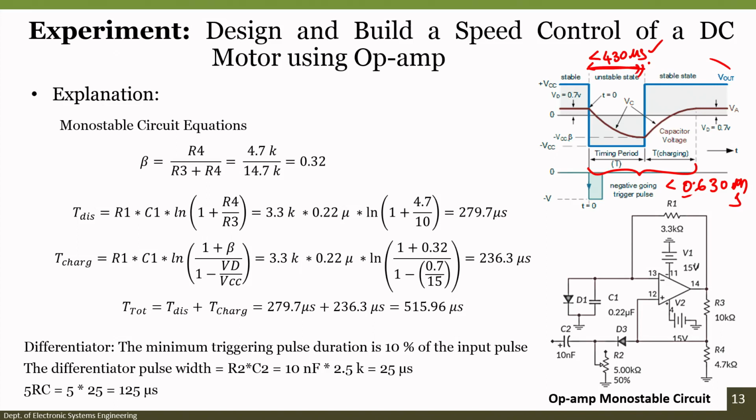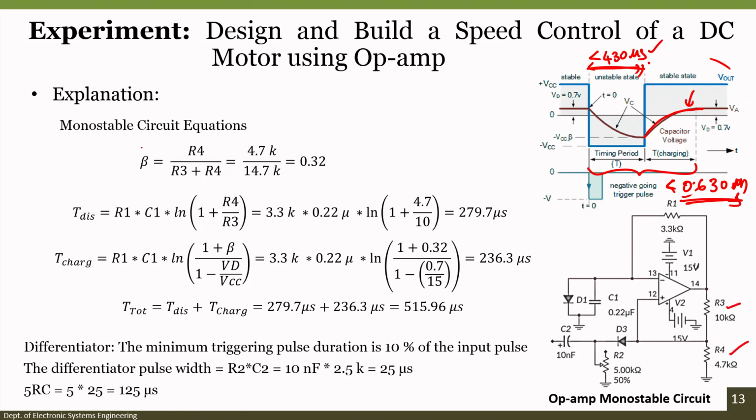And another reason why the complete charging and discharging of the complete pulse should be less than 630 microseconds is that the capacitor also requires some time to charge. The complete discharging plus charging time should be within the range of 630 microseconds. So, when you look into the equations relevant to the monostable multivibrator, now if you see this is R4 and